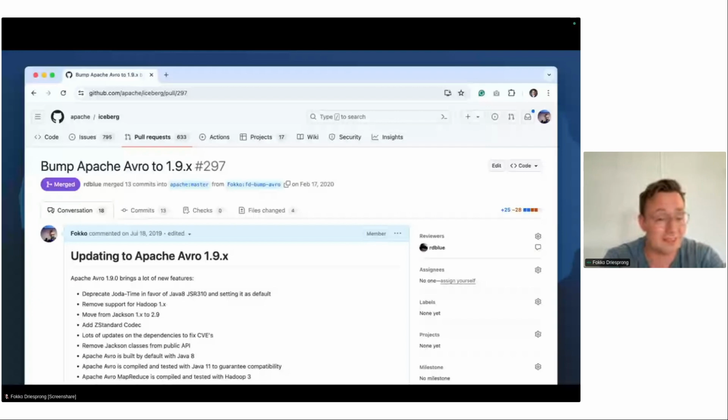So that was actually my first interaction with Iceberg, to bump this and see what's going on there, also to get more familiar with the project. And it actually uncovered a bug in Avro that would otherwise have gone unnoticed. So that was a great way of getting acquainted with Iceberg.